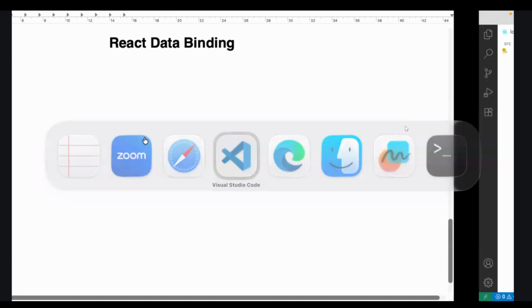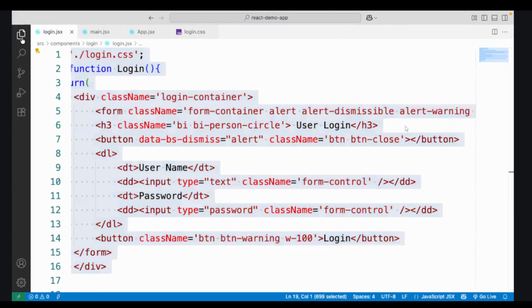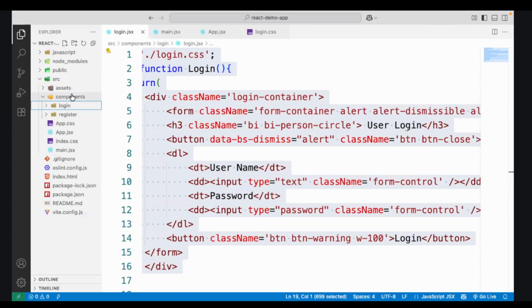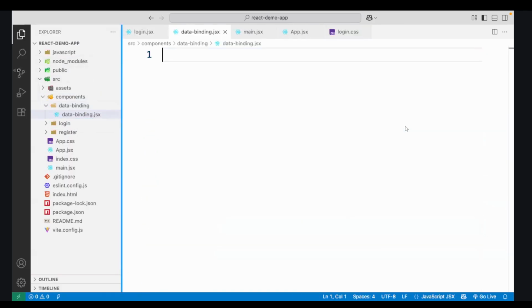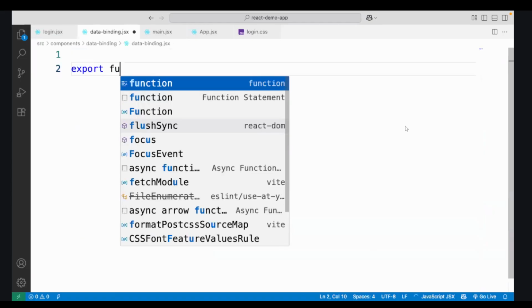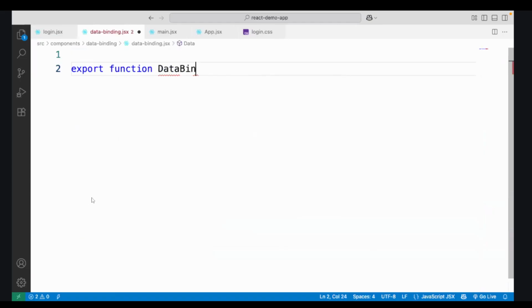Let's go to our components, and I will add a new component called data binding. For every example, I will add a new component, and here data binding is a folder. In that, DataBinding.jsx, and how to create a function: export function DataBinding, and inside that